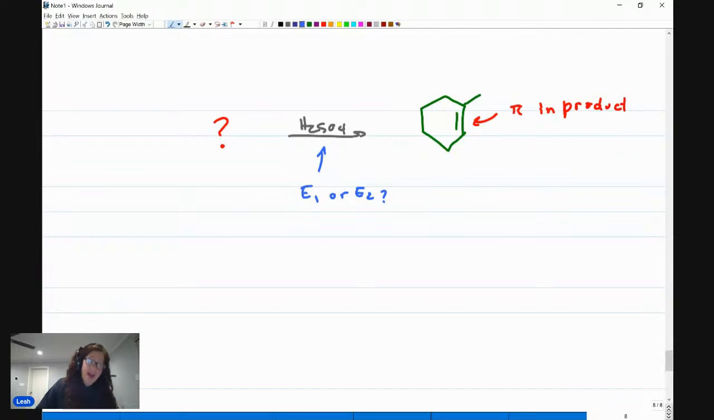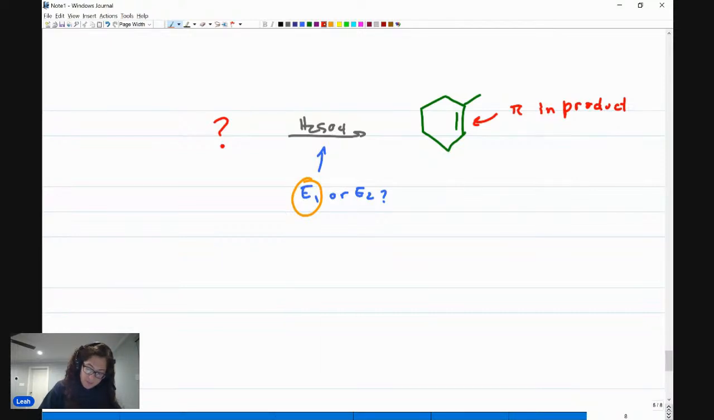H2SO4 is an acid catalyst. If I have an acid catalyst in solution, I absolutely cannot have a strong base because the acid will immediately neutralize the strong base. That means this had to be an E1 reaction because I couldn't have a strong base. I had to have something weak, something neutral, something like water for solvolysis that gave me this pi bond for